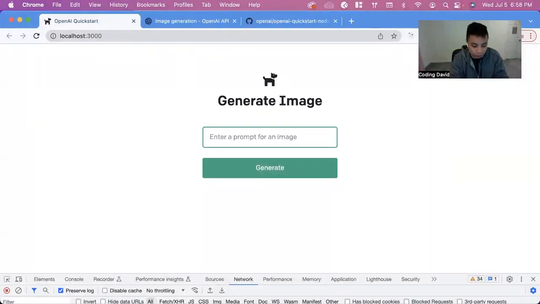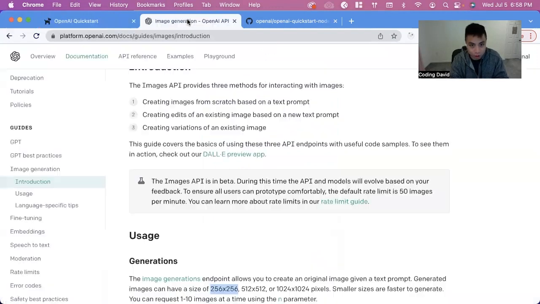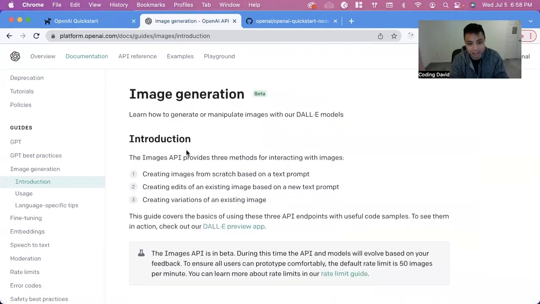So let's say you want an astronaut dog. You can generate an image of that. There we go. So my name's David, and in this tutorial, we're going to go over OpenAI's